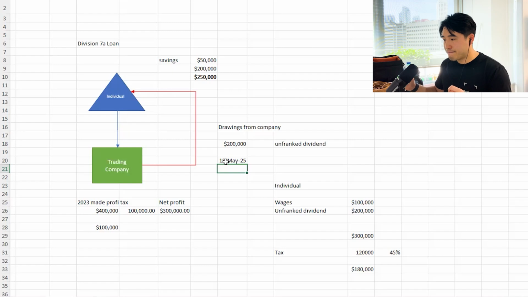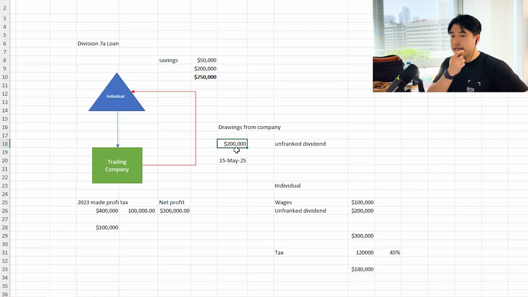It doesn't matter when the loan is taken, I think was my question. The $200,000, if it was taken, let's say 5 years back. Yes, perfect, I was going to go to that. But just to provide a bit more background, this $200,000 was taken between the period of 1st of July 2023 to 30th of June 2024. That's really important to know. So if you pay that back before 15th of May, no problems whatsoever.